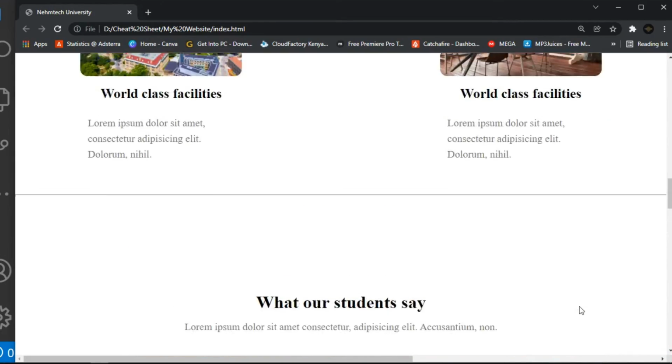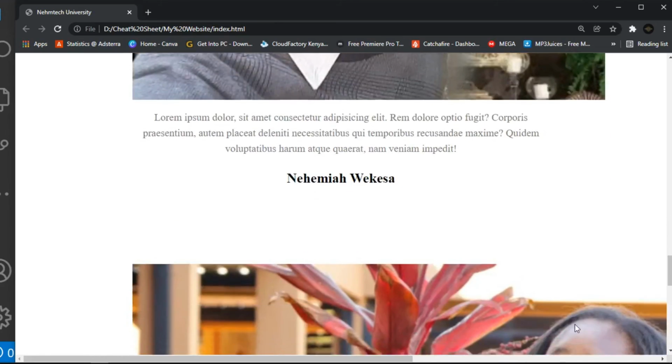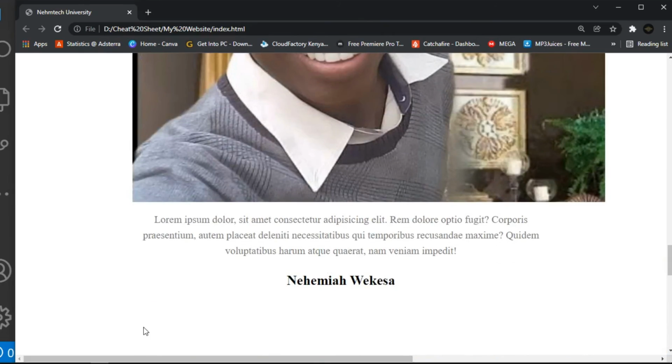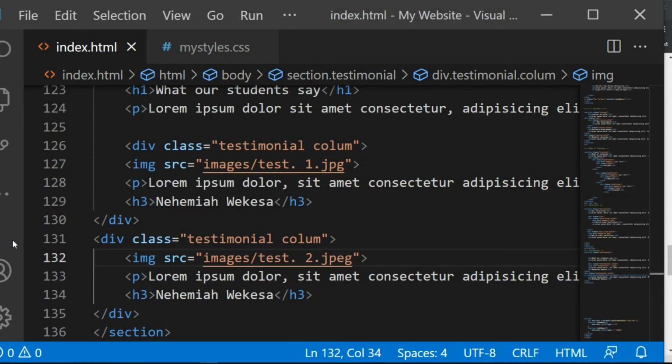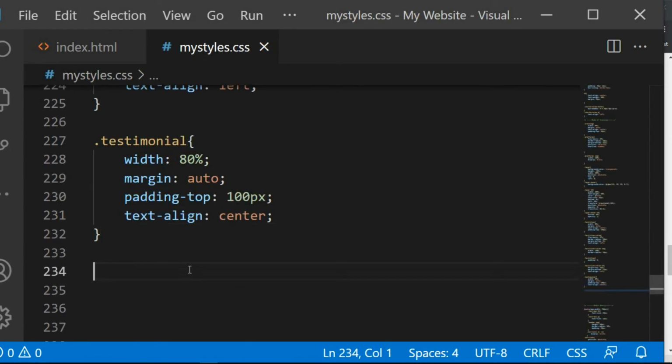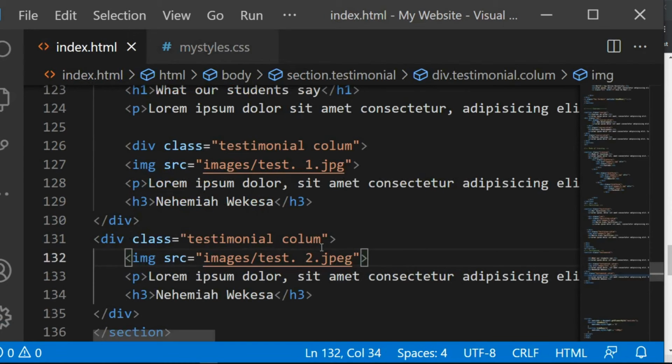So now we want to style this image, these testimonial parts, in such a way that it may be very pleasing. So go to the CSS. Now in the CSS, I'm going to create a selector. What is it going to be? Testimonial column. Let me just copy. I'm not sure it is a testimonial column, so let me just copy,